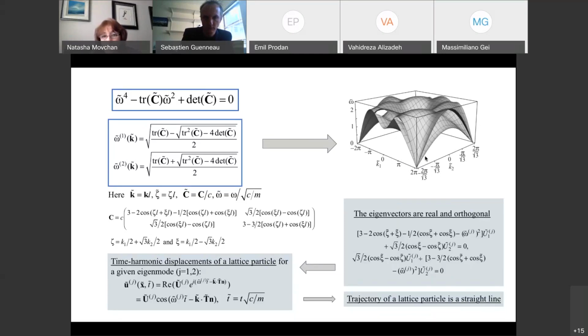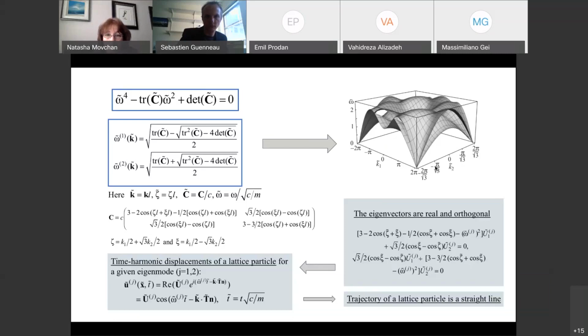But this only happens in the low frequency regime, for small values of k. If we go for larger values of k, we can see that the surfaces become very complicated, and that leads to the notion of dynamic anisotropy. So our lattice, although it looks very simple, will exhibit a different dynamic response for different